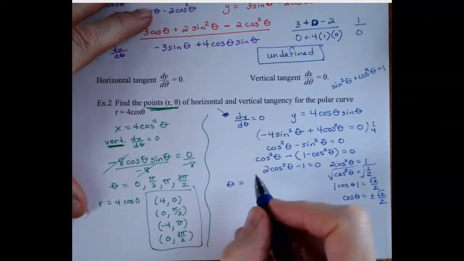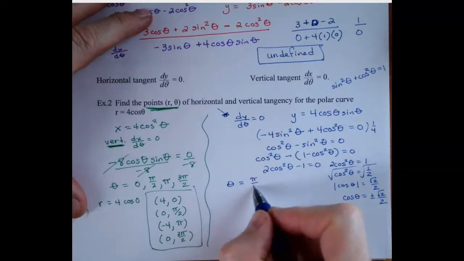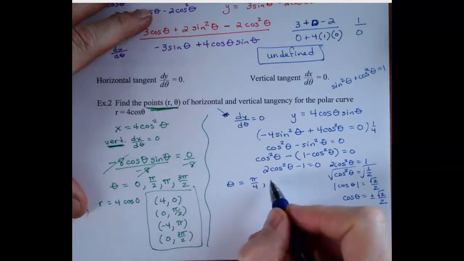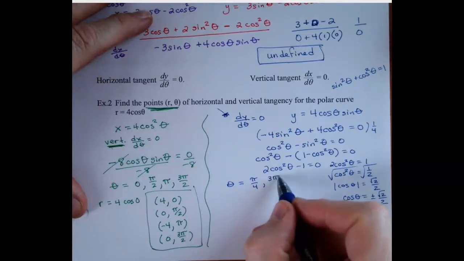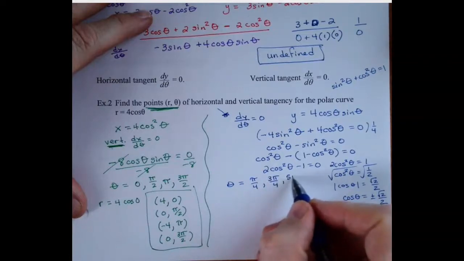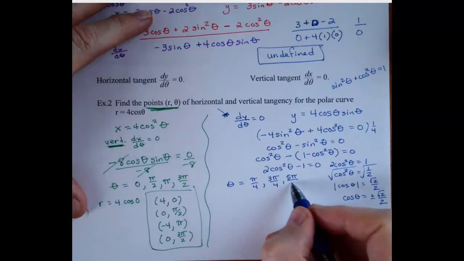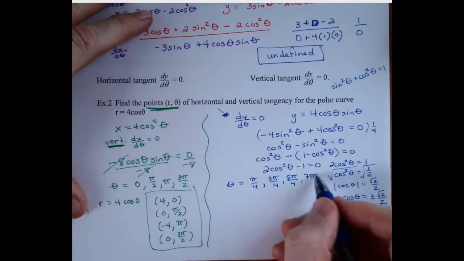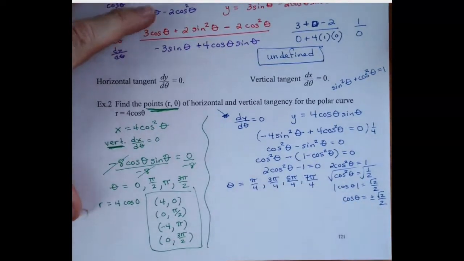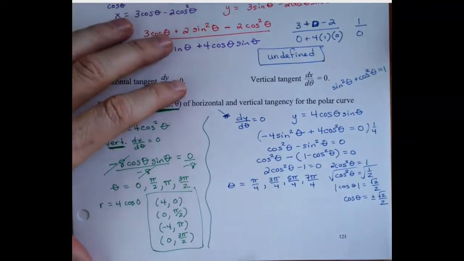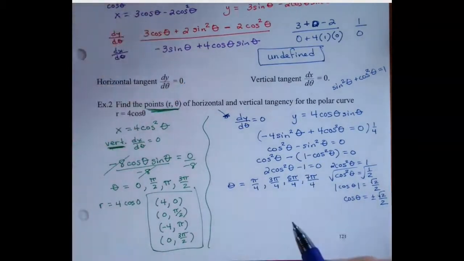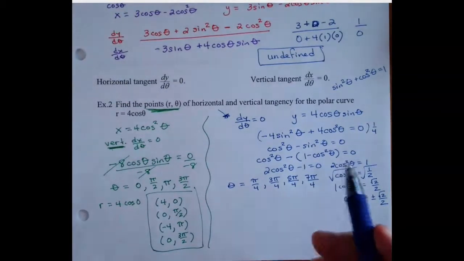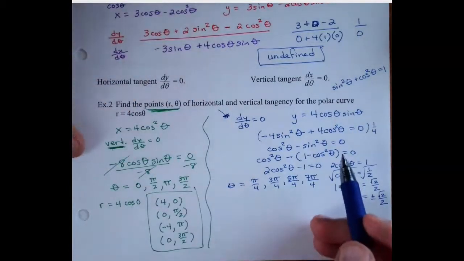If we think about the values where that's going to happen, those are the 45s: pi over 4, 3 pi over 4, 5 pi over 4, and 7 pi over 4. And so if we plug that back in,